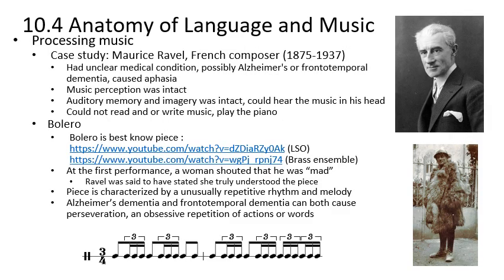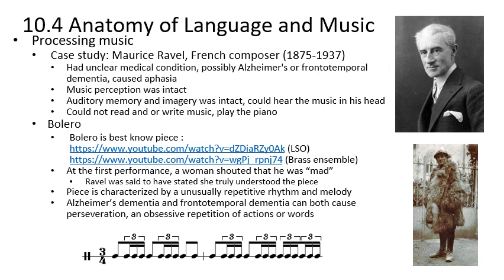One of my favorite case studies in music processing is the case of Maurice Ravel, a French composer in the late 1800s, early 1900s. He was a composer and rather prolific during the majority of his life. Toward the end of his life, he had a degenerative medical condition. Your book mentions briefly that it was a stroke, but it's more likely that it was something like Alzheimer's or another type of dementia called frontotemporal dementia that affects the frontal lobe and the temporal lobe. But regardless of what the condition was, it caused a progressive aphasia, so over time it created decreases in